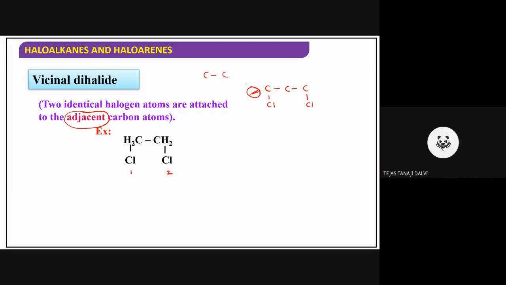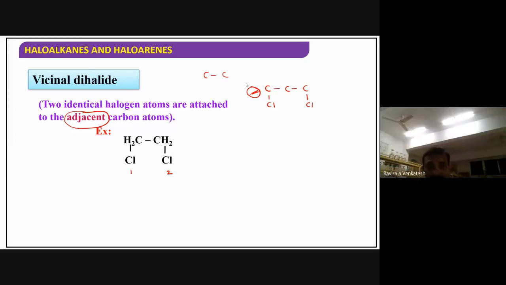No, sir. Even though you have halogens on different carbons, that is okay. But remember, this is not different carbon. This is adjacent carbon. Adjacent is different, different is different, isn't it? So definitely it is not at all called what? Vicinal. So in this case, the nomenclature will be